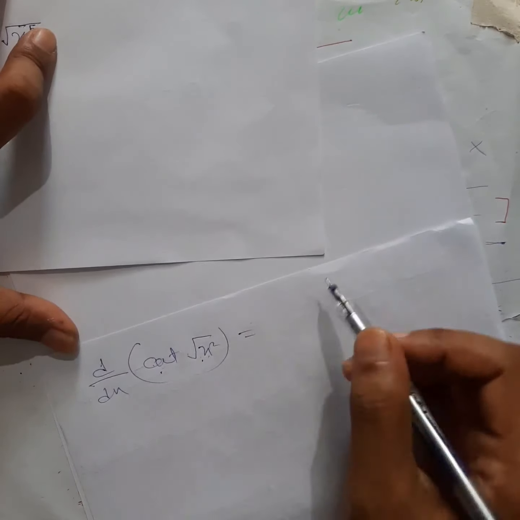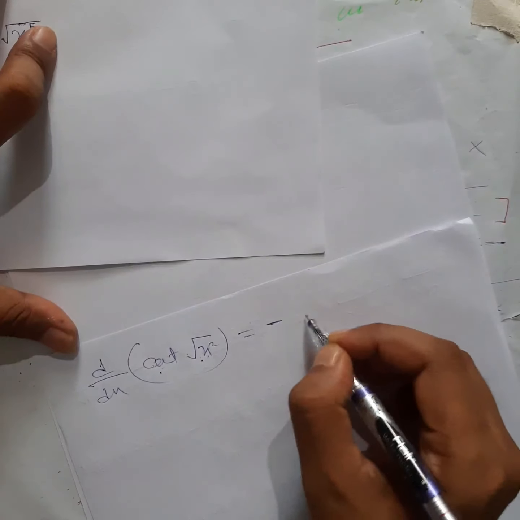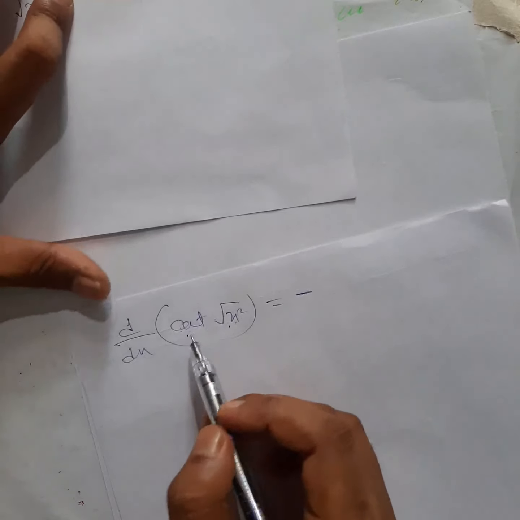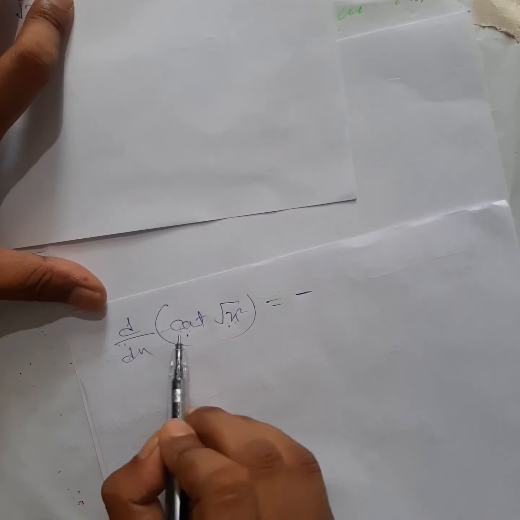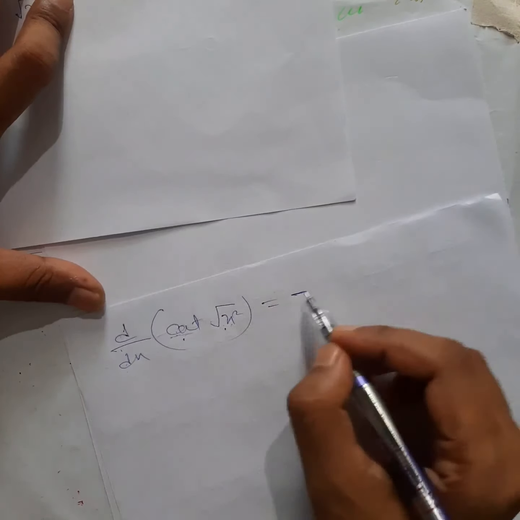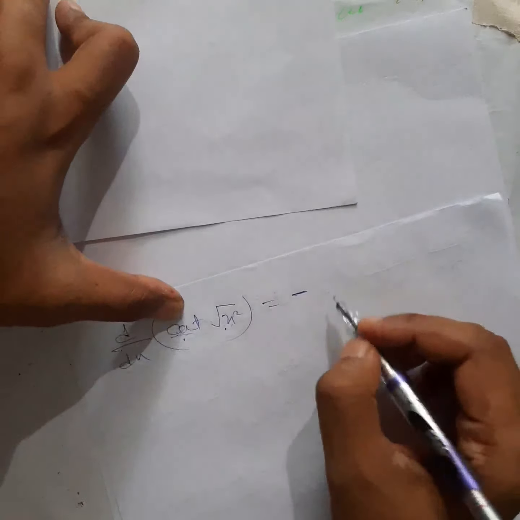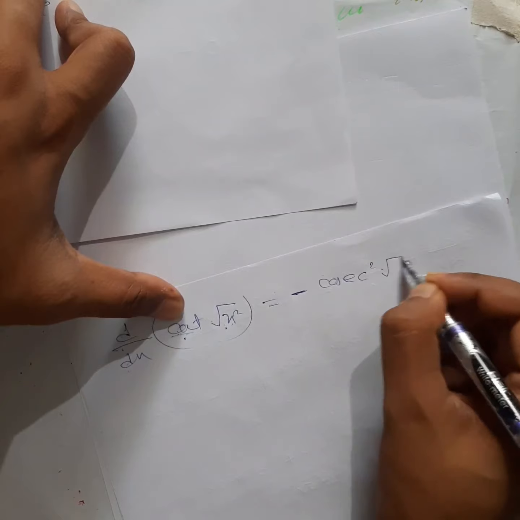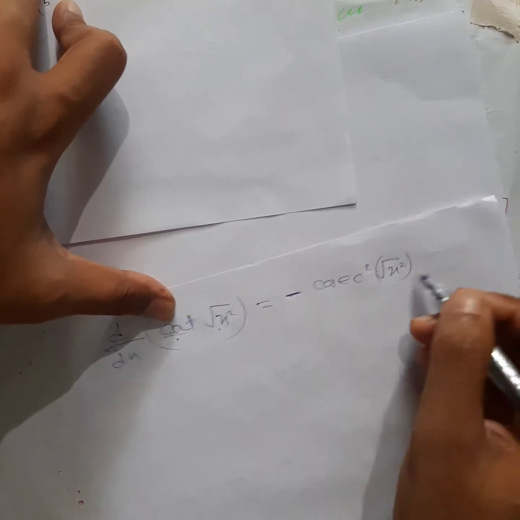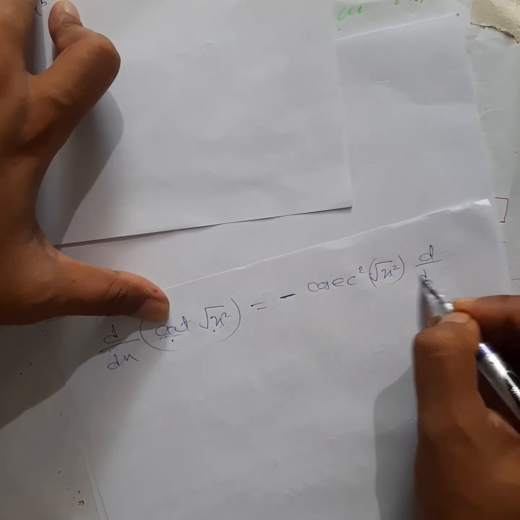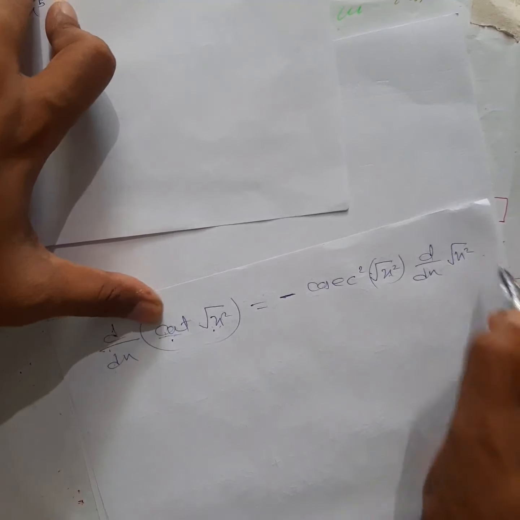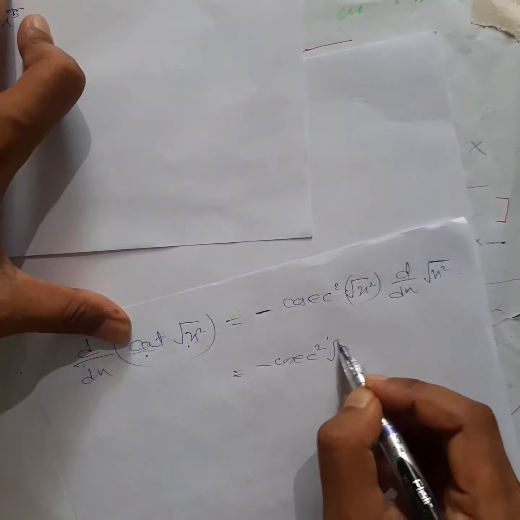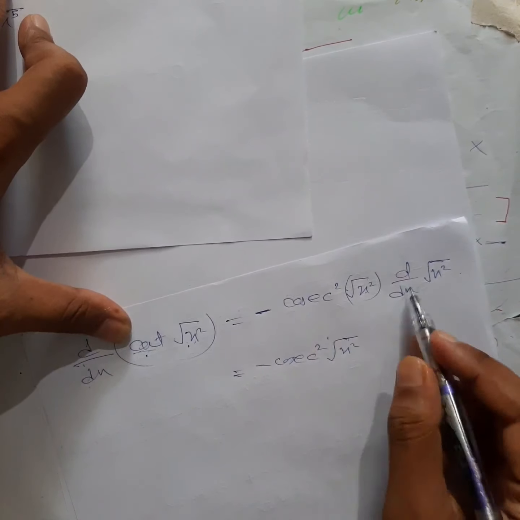So first, the cot x form. What is the differentiation of this one? I don't know why I'm using the word derivation again and again. Differentiation of cot x: co-family is always minus, right? So this is related with cosec square x. So in place of x we have this one. So this you have to differentiate again, d dx of root x square. So minus cosec square this one, d dx of this one.